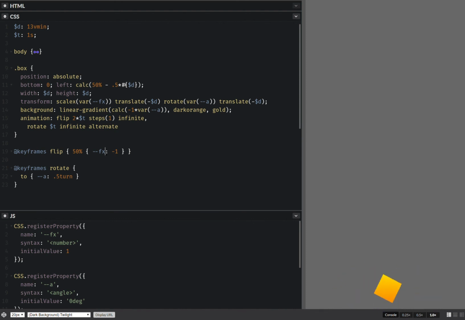Now that I've done this, I want also to squish this box a bit when it gets in the middle. And in order to do this, I'll be needing to change the transform origin. So if I don't want to keep chaining translates, I'll be using a pseudo element. So after,